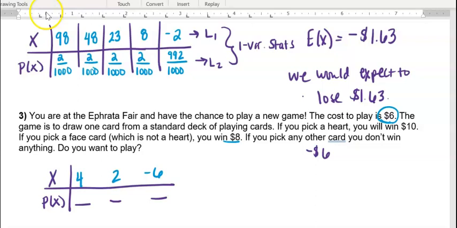Probabilities here, we're looking at a deck of cards, so that's out of 52. To win the first prize, you need to pick a heart. Well, there are 13 cards out of 52 that are hearts. If you pick a face card, which is not a heart, you'll win 8. Now, there are 12 face cards in the deck. 3 of them are hearts, which means 9 out of the 52 would be left, and then our remaining probability